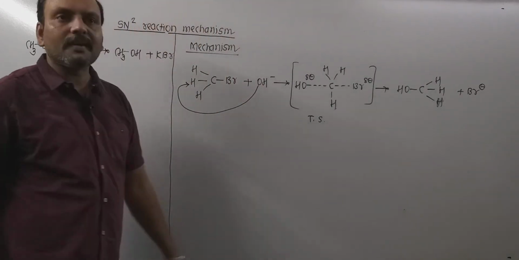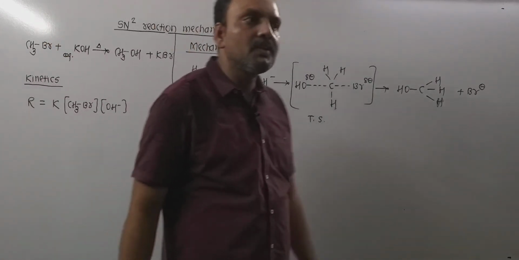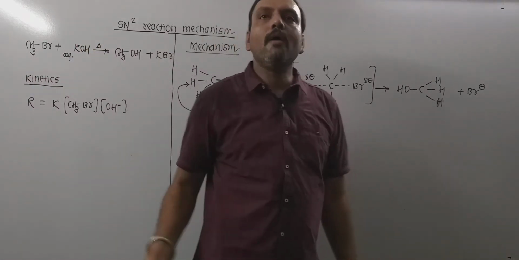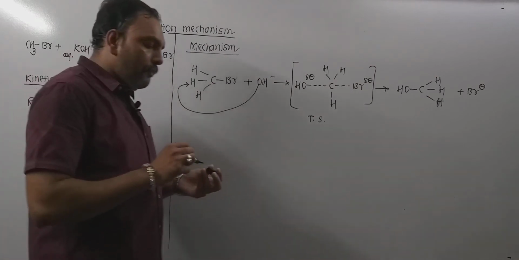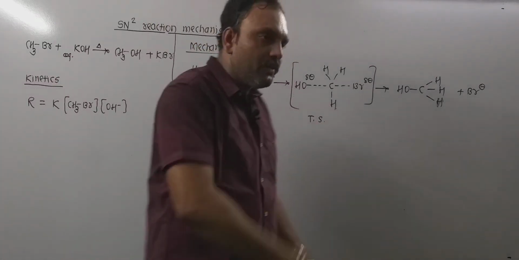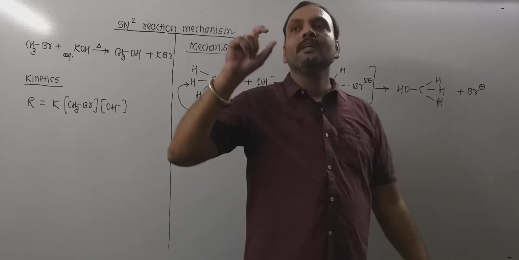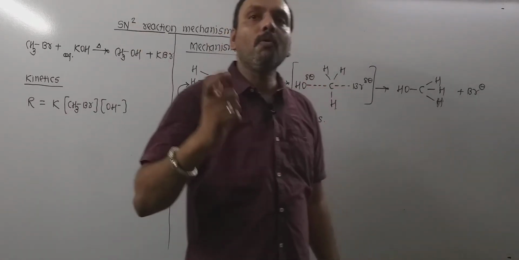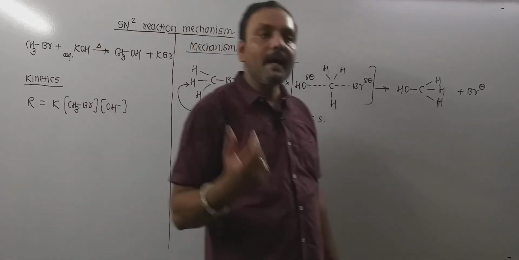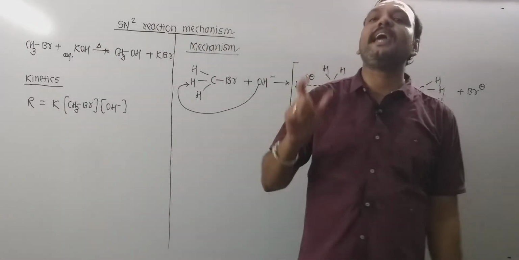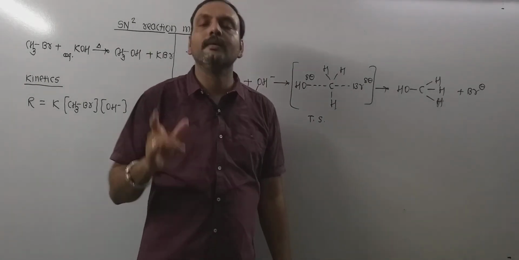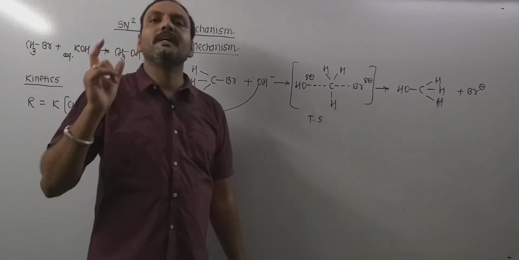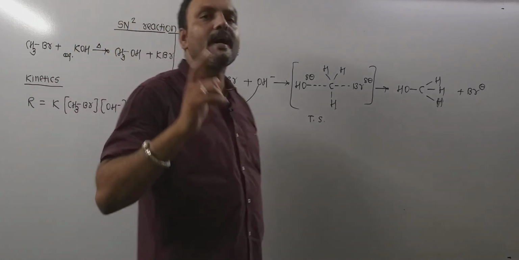Now the stereochemistry behind this reaction is, instead of taking methyl bromide, if we had taken an optically active halide, starting from a dextrorotatory halide, we would receive a levorotatory alcohol. I mean, total inversion can be seen in this reaction. Thus in SN2, 100% of the product is formed by inversion of configuration.